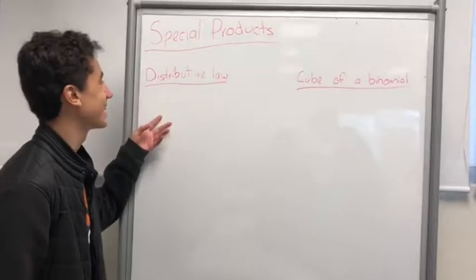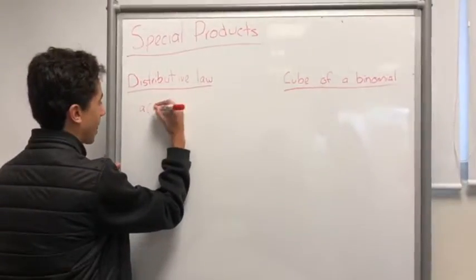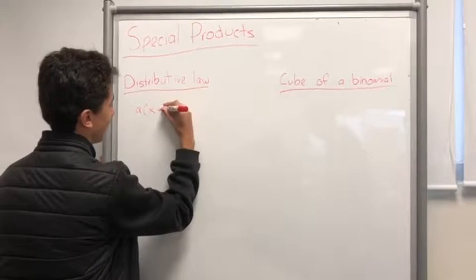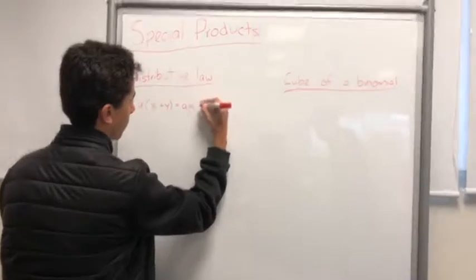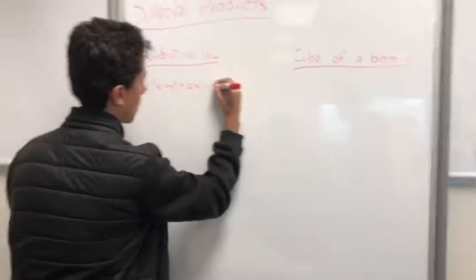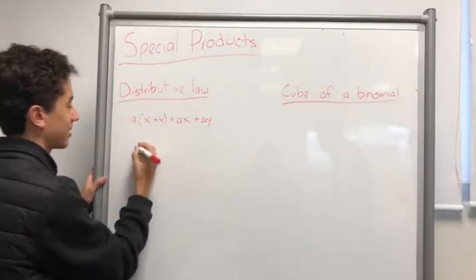Okay, I will explain the distributive law. It goes like this. So you multiply this with this and this with this. So for example,